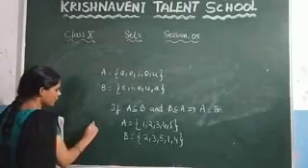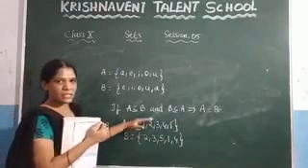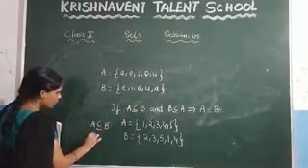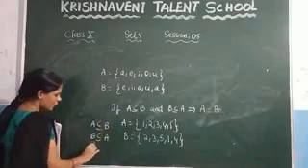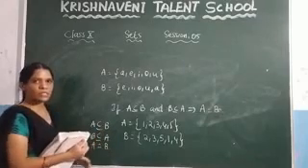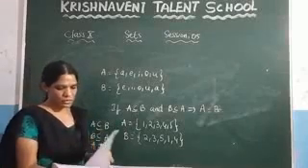Right? Similarly, here if you take the set B, every element of B is present in the set A. So, we can say that B is a subset of A. From these two conditions, what we can say? A is equal to B. From this, you can say that A and B are equal sets. This is about the equality of the sets.